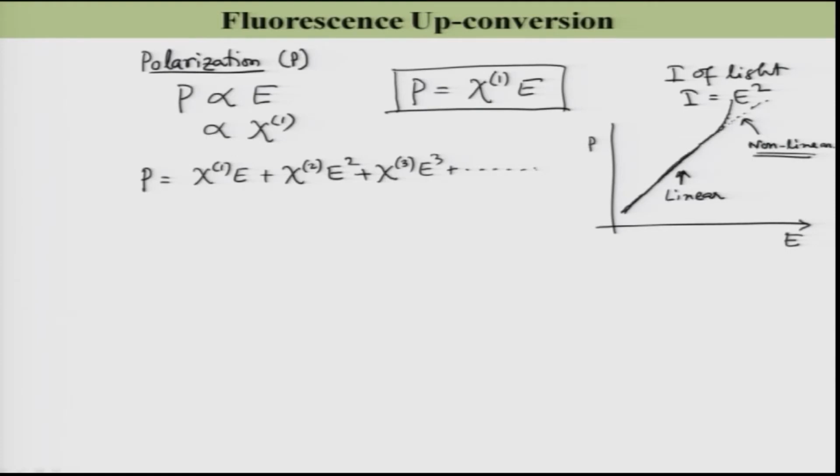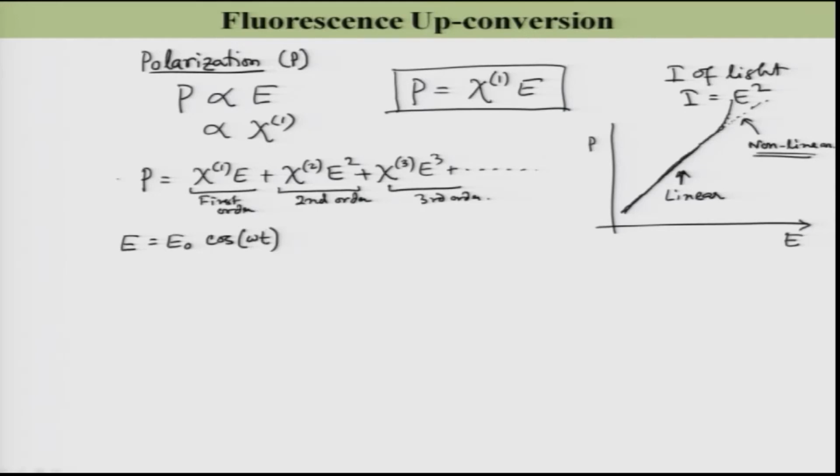So, let me take a functional form of this electric field, the cos omega t, I can think of it, right. With an amplitude E 0, so let us say the E in this case. This is the first order, this is the second order, this is the third order, and so on and so forth. Okay. So, now if I think that E is equal to E 0 cos omega t, so this is the frequency,